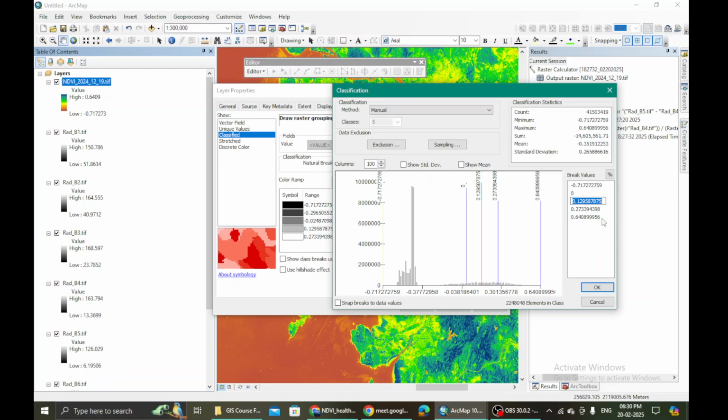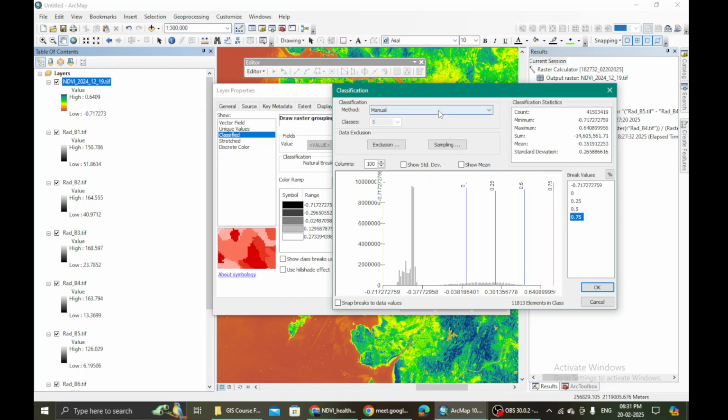Then next, let's give 0.25, and then 0.5, then 0.75, and I'm choosing 0.75 because my maximum value is 0.64. All right, my maximum value is 0.64, so I'm already within that particular range.